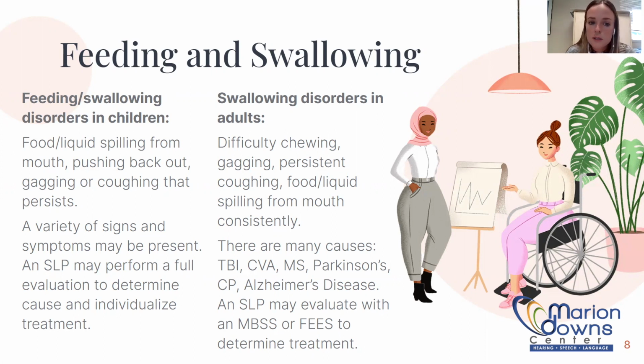So swallowing disorders with adults: difficulty chewing, gagging, persistent coughing, food and liquid spilling from the mouth consistently, anything that may be a sign or symptom of aspiration. So everything or material going down the wrong pipe into the lungs, notably seen with coughing, that is considered a swallowing disorder. So there are many causes: traumatic brain injury, stroke, MS, Parkinson's, cerebral palsy, Alzheimer's disease, nerve damage, anything